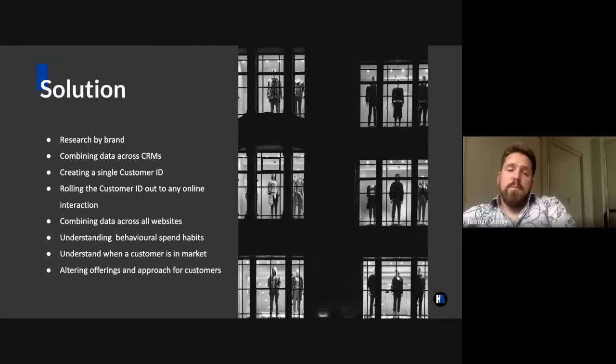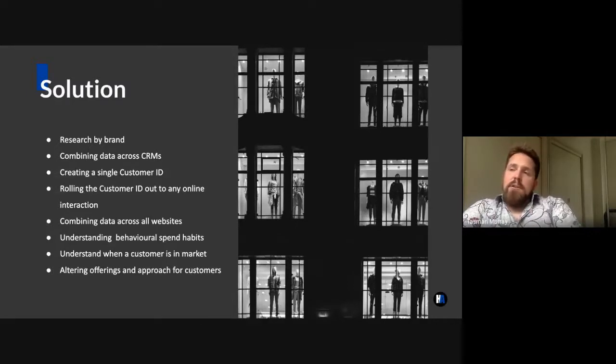In order to do this, what we do is you look at combining the data across CRMs. Thankfully, with a CRM, you'll generally have the person's name. Names can be a terrible way to combine data. They're generally manually entered, so misspelling is a really, really big problem. So instead of looking at names, often you'll look at mobile numbers, email addresses, and home addresses. You'll want a few different things you can combine together, and using fuzzy logic, you can actually identify each of the individuals in those CRMs.